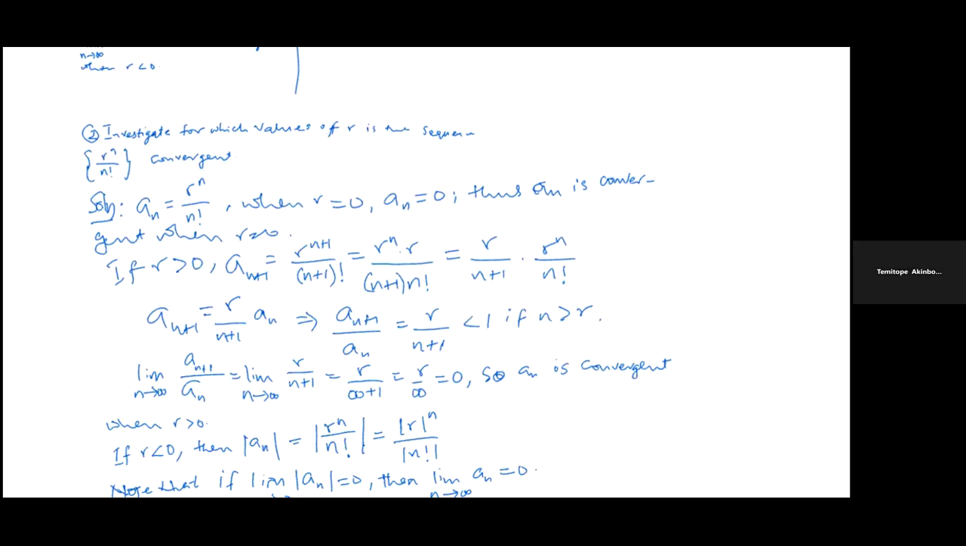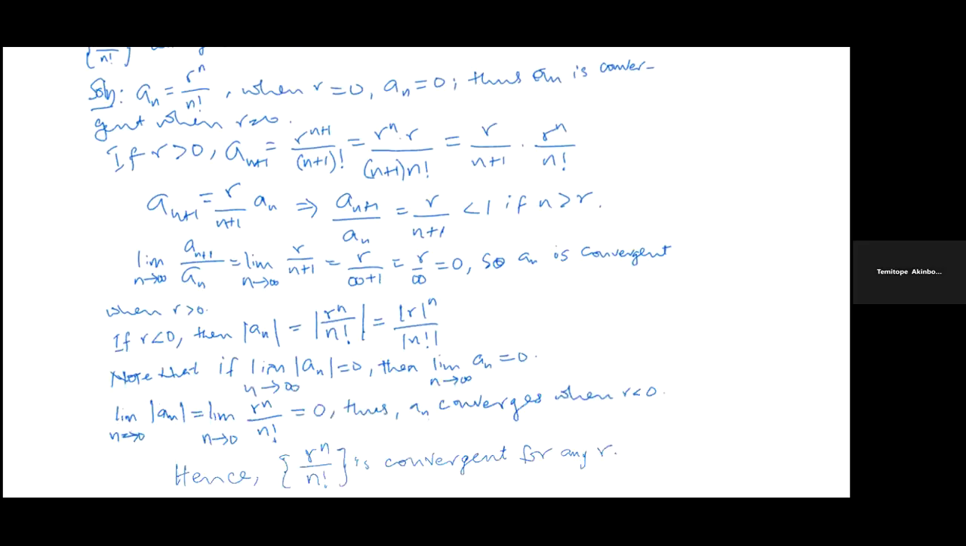Now, consider when R is positive. That's the meaning of greater than 0. So that we can find an plus 1. So an plus 1 will now be R raised to power n plus 1 over n plus 1 factorial. How do we achieve that? We substitute n plus 1 for n in an. And that equals R raised to power n times R over n factorial